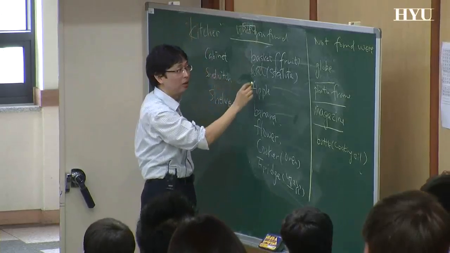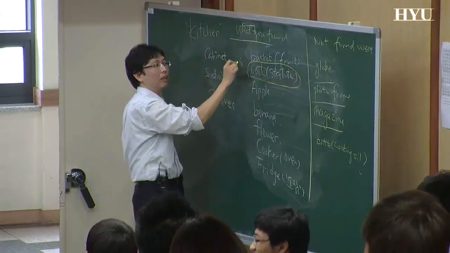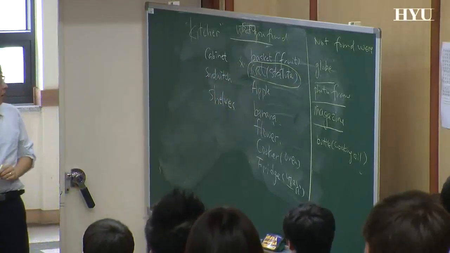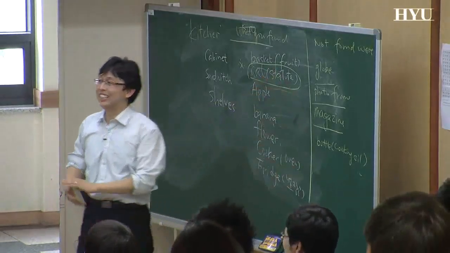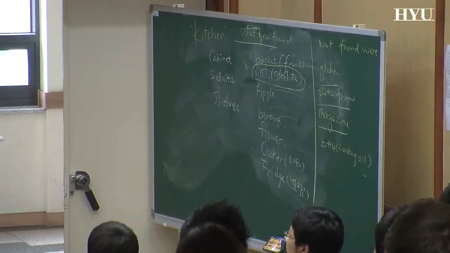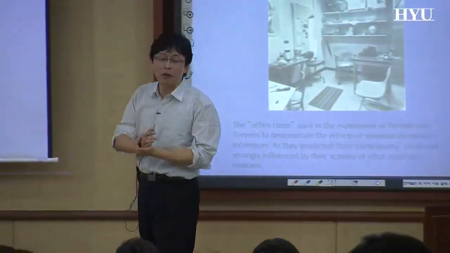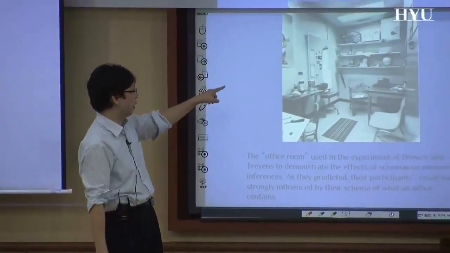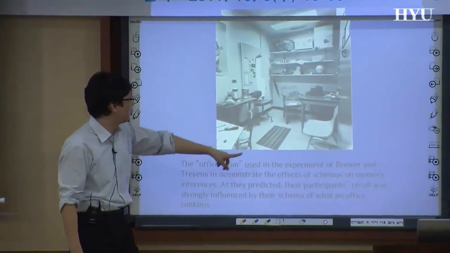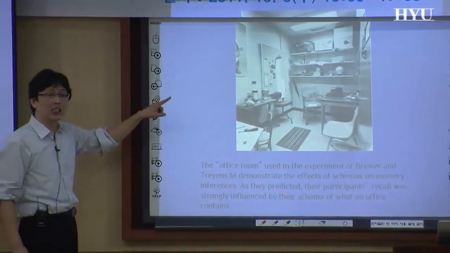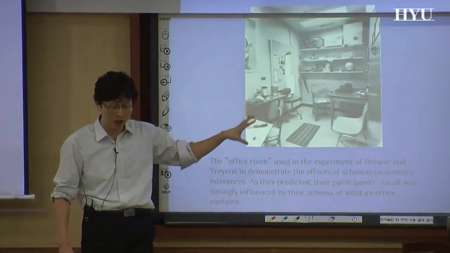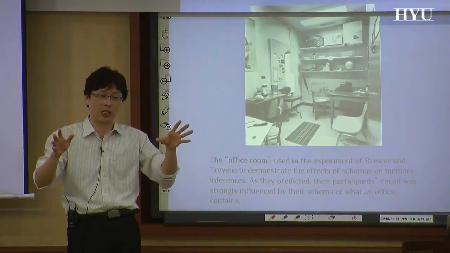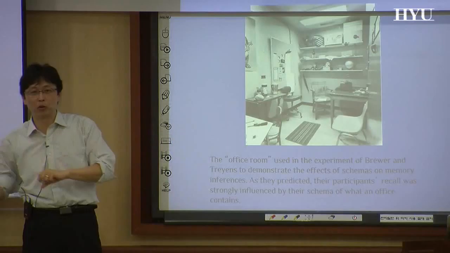Someone is really good at this one. So most of the items you found can be found in a kitchen. However, this part is not found in a kitchen. So that's why we can see it. The major experiment to prove that we have schema is this experiment, done by Brewer. The participant stayed in the room for exactly 35 seconds, not looking at the picture, and then was removed from the room and let